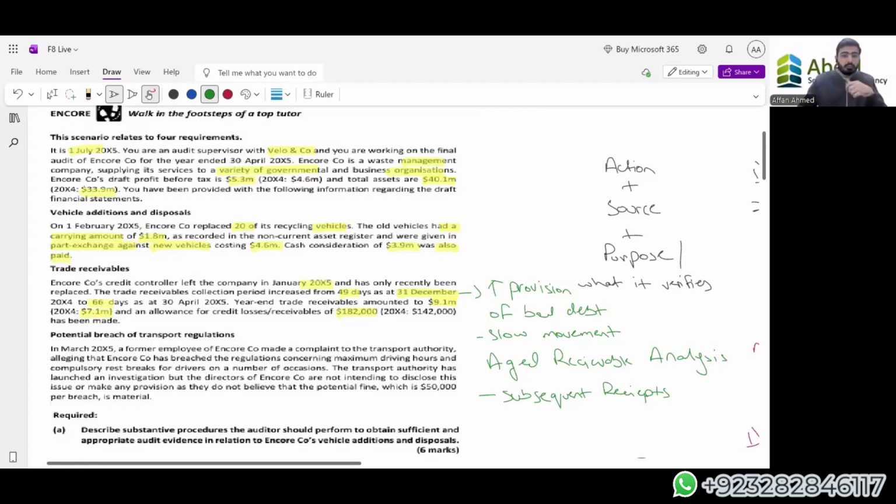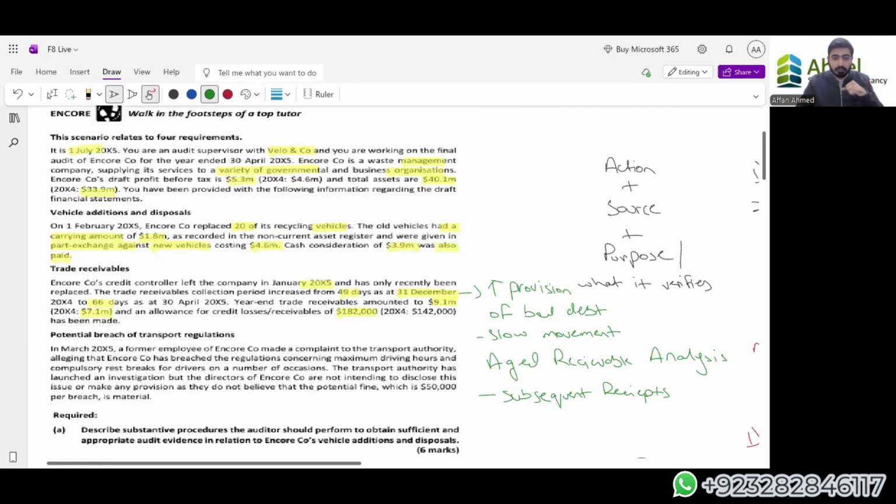Now moving forward, if we are seeing that trade receivables are fluctuating and significantly increasing, this is a concerning situation, because if the trade receivables amount is not recovered from customers, it would lead to a liquidity issue and a going concern issue as well. So the board minutes are to be read by us, because they will give us an indication about the allowance to be recorded. Now we have to record a provision. A provision is an estimate. An estimate is based on facts and figures. So facts can be derived from the minutes of the meeting. The minutes of the meeting will help us understand whether we should increase or decrease the provision.